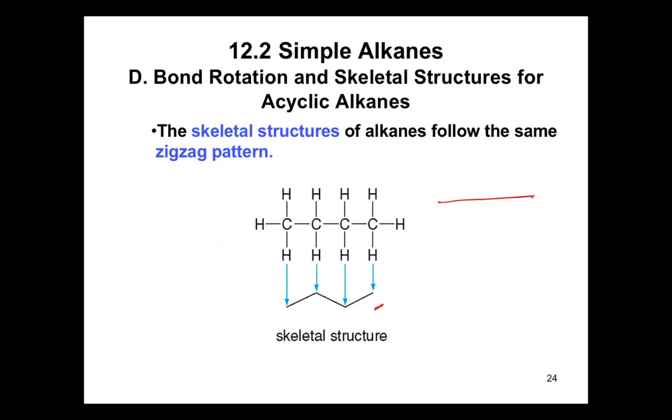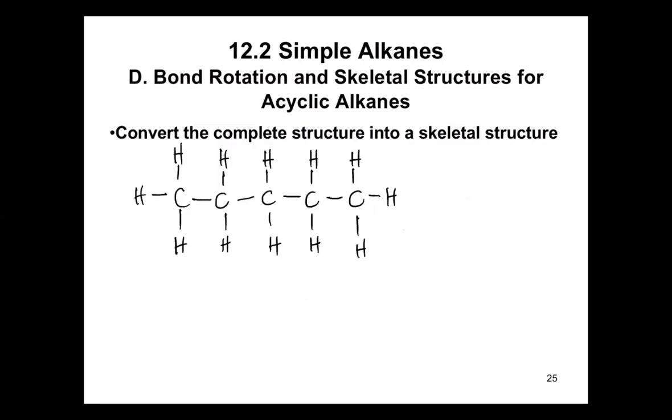Okay? So for an example, convert the complete structure into a skeletal structure. So you have here 5 carbon atoms. Ang technique lang dyan sa orgchem, ang common misconception kasi, di ba recall yung ating discussion last week, every end ng line, every junction represent a carbon atom. So once na mag-dot yung pen ninyo sa paper, yun na yung first carbon. So you have 1, 2, 3, 4, 5.